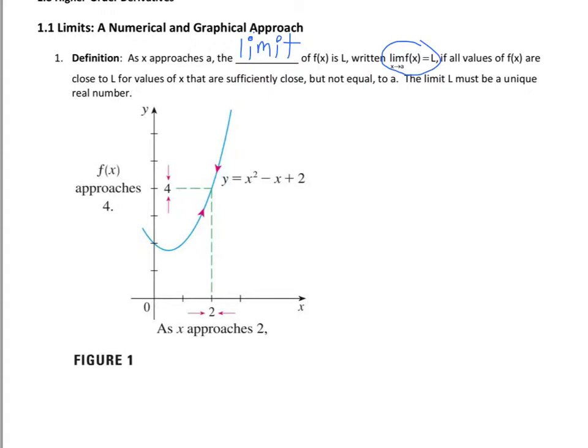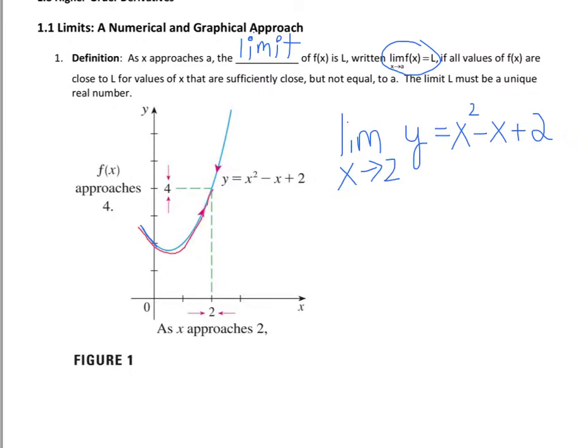So you see we have a picture here, and we're looking at the limit as x approaches 2. This is how we would say that in mathematical notation of this y function. So y is equal to x squared minus x plus 2. And we have a picture here. So looking at the picture, we have a parabola here. And as we go, let me change colors, go along this parabola and we get close to 2,